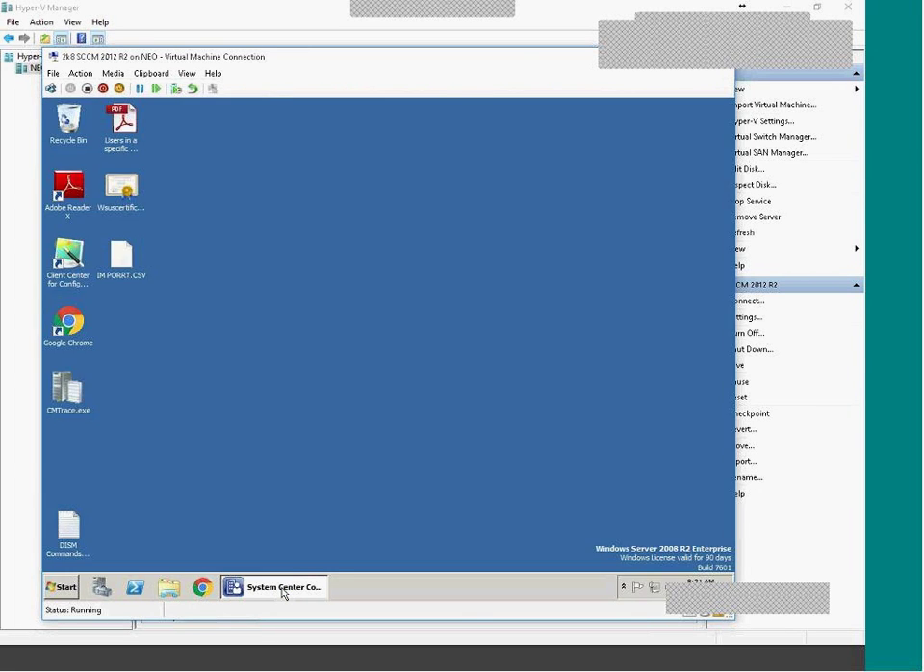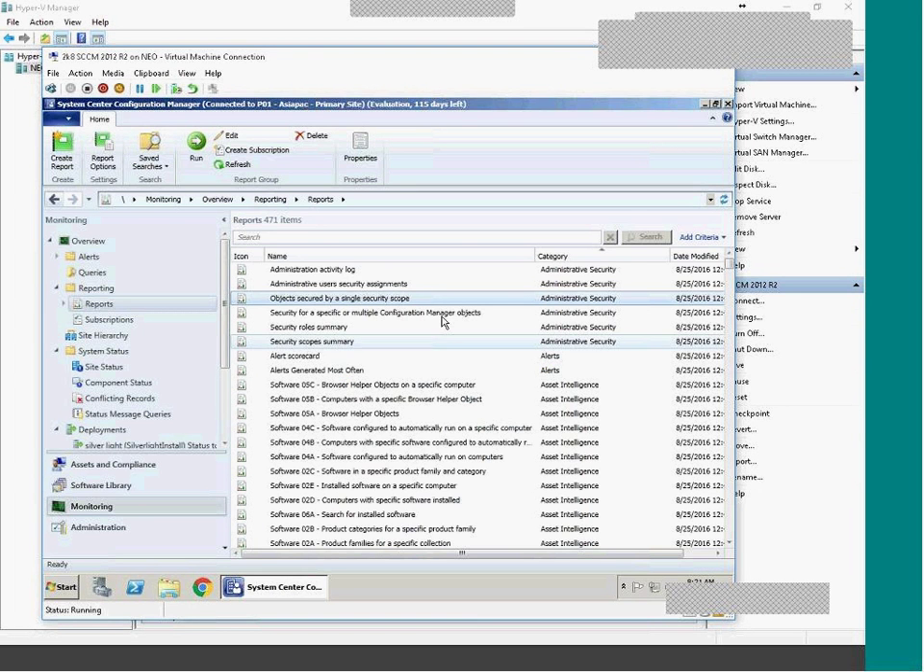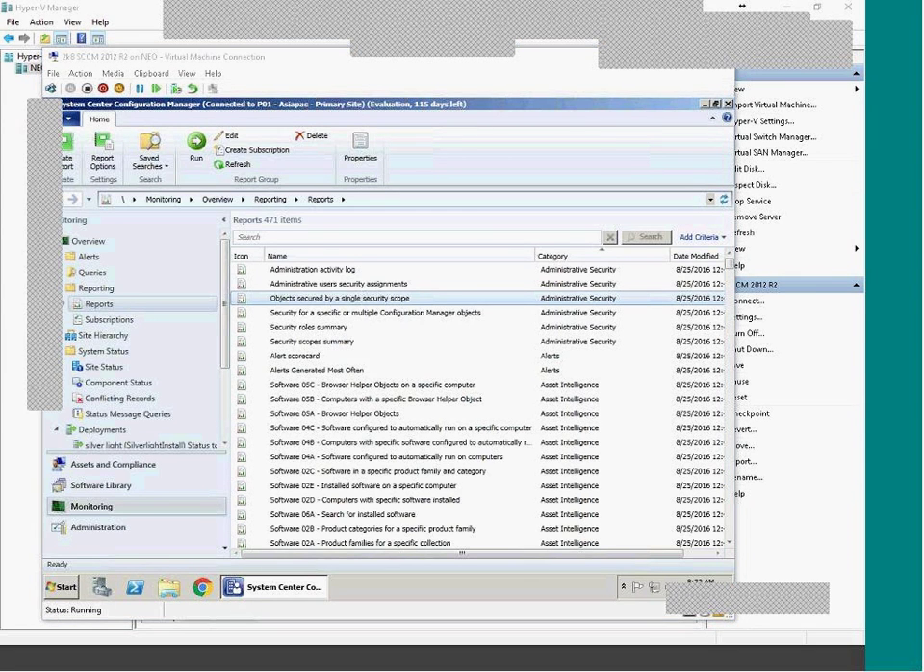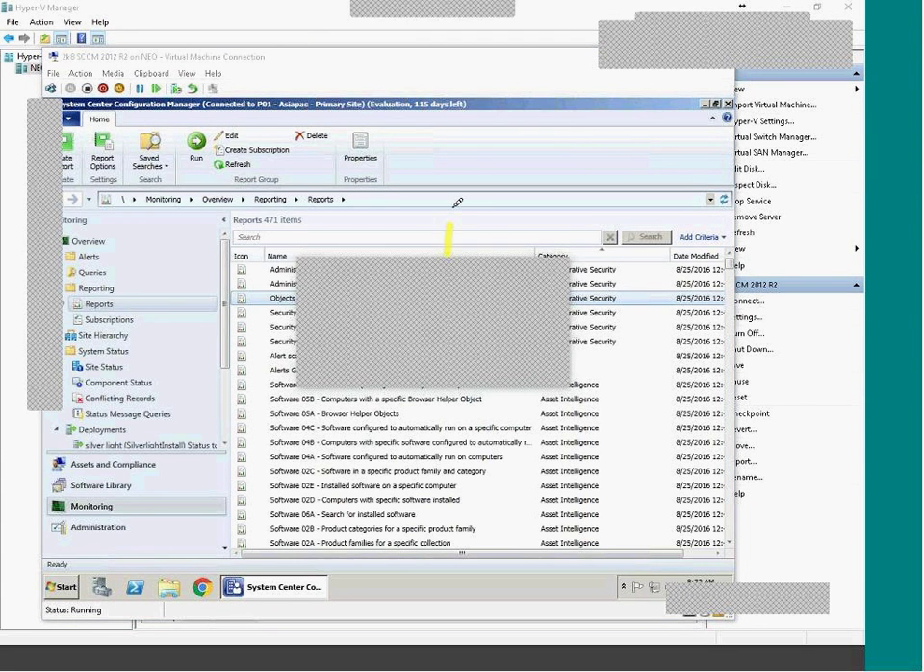My SCCM server. Okay, so what we are going to do is talk about how we can implement this in the real world. What are the server roles or the systems we can implement in a real-world setup? Okay, for example, you have